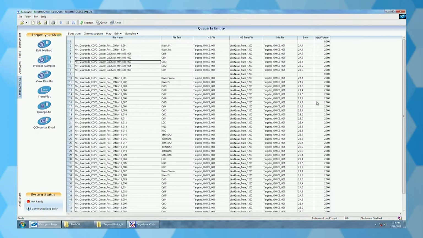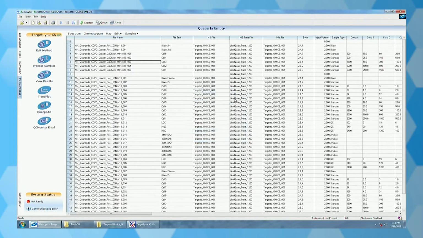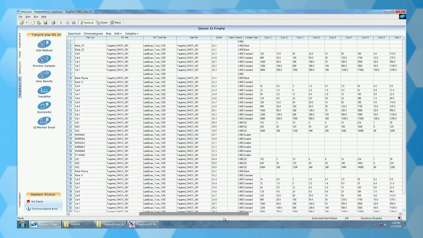Open the sample list containing the data you have acquired. From the sample list page, select the Sample, Format, and then Customize tab. Then check the sample type box, and depending on your number of internal standards used for the calibration curve, check the appropriate box: concentration A, concentration B, concentration C, etc. In this case, I have used 9 standards and I will check the boxes from concentration A to concentration I. Click OK. You have now created your sample list with the correct format for TargetLynx processing.